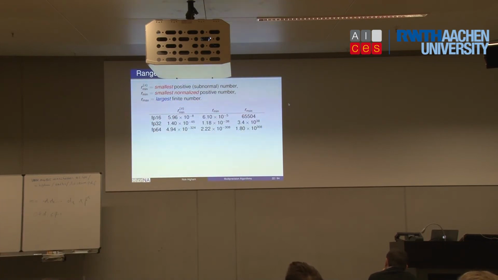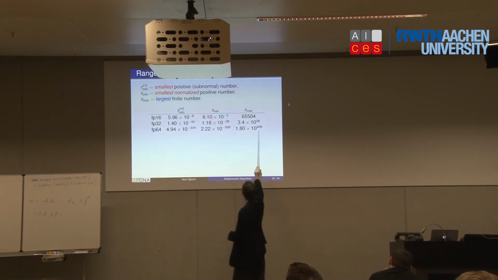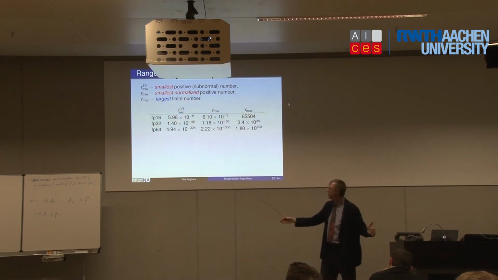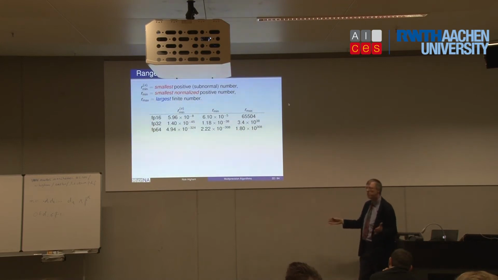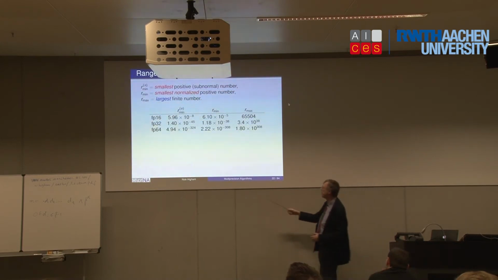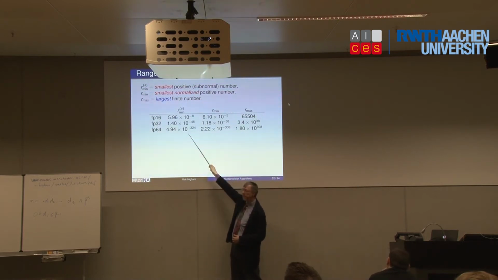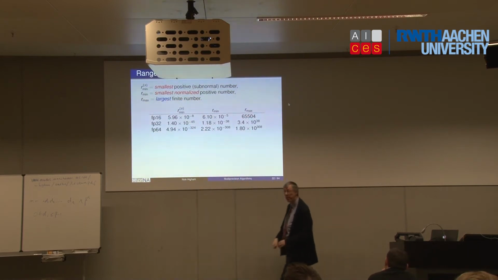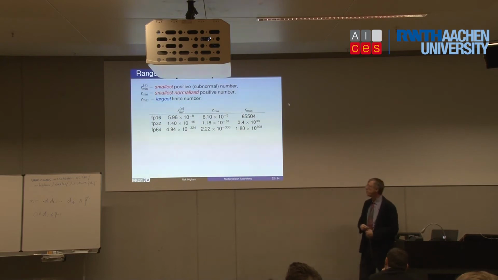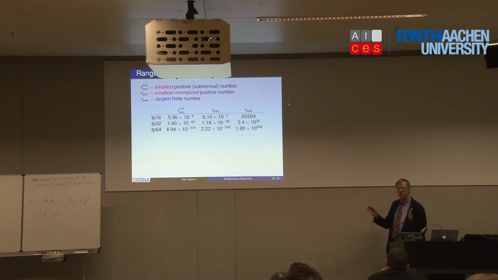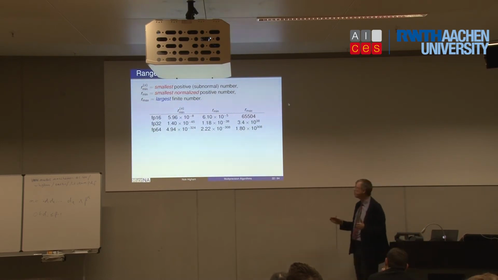One thing to note is that the subnormal range in half precision is quite a large proportion of the whole range. Whereas in, say, double precision, this range here is just a tiny proportion of the whole double range. So I guess most people working in double would never know, because you probably never get down here. Your numbers probably never get that small. Whereas once you're in half precision, it's much more likely you get into this subnormal range, but it's also much more likely you'll overflow as well. One of the big problems that you're going to have is overflow.